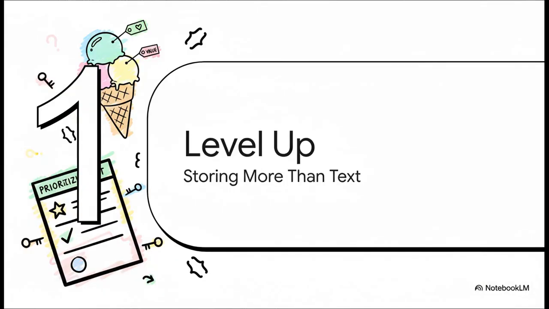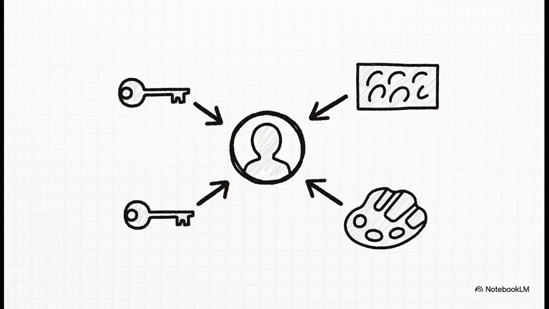Now, up until now, all of our values have just been plain old text. But this is where dictionaries start to get really powerful. Their real magic is in how flexible they are with the kind of data they can hold. I mean, think about it. If you were describing a person, you'd need different kinds of info, right? Well, a dictionary is perfect for that. You could have one key, age, that points to a number, and another key, favorite_color, that points to some text. You can mix and match all these data types to build a perfect little model of something complex from the